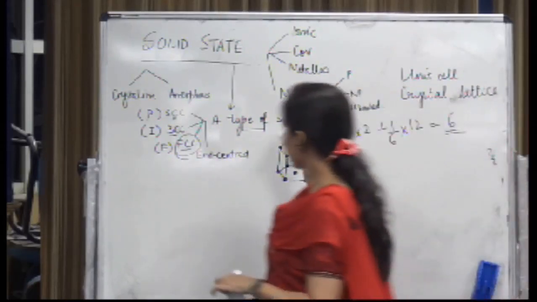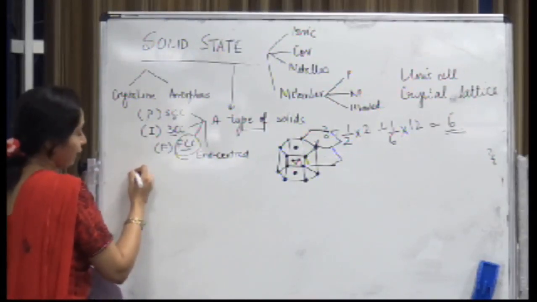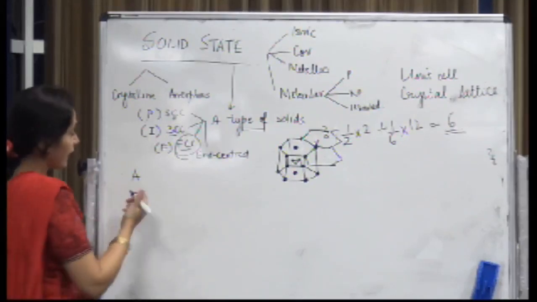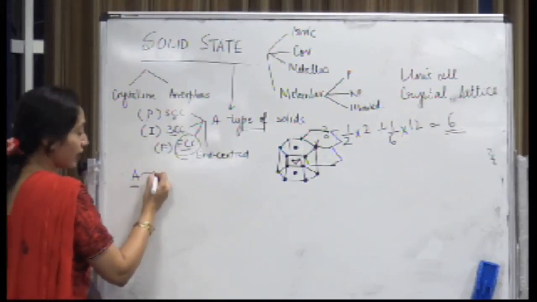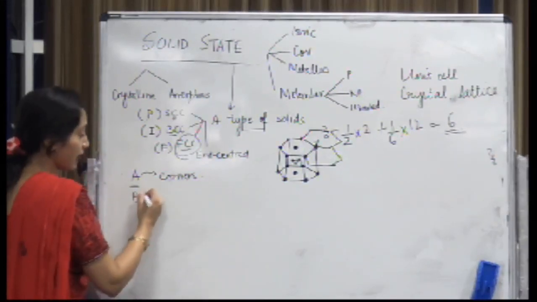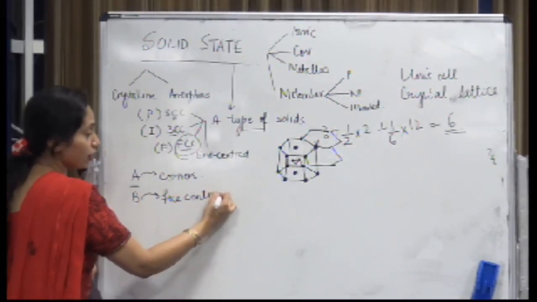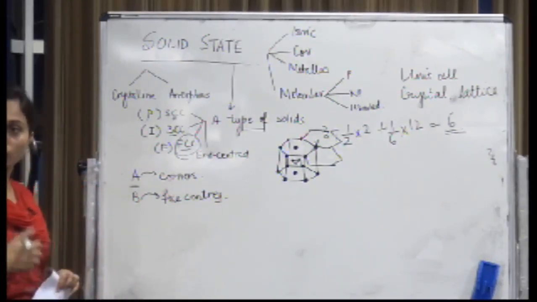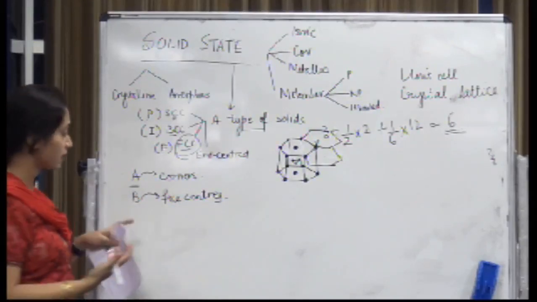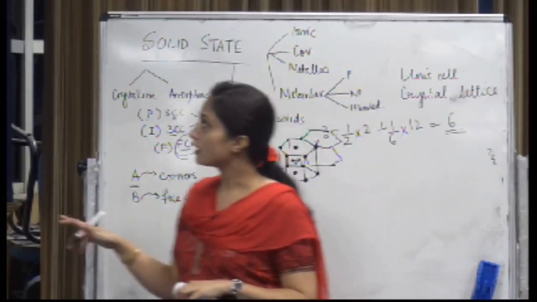Okay. Another thing that I wanted to tell you here is that if I tell you that I have a solid which has 2 atoms A and B, A is occupying all the corners and B is occupying the face centers, then what will be the formula of the compound? You get questions like this, and it can be various permutations and combinations that you can get. So remember that corners, the contribution that is coming from the corners is,